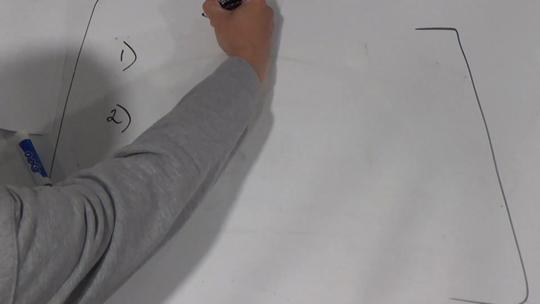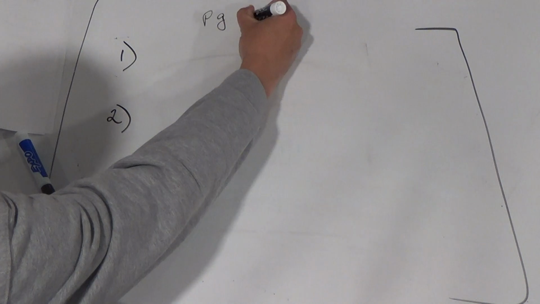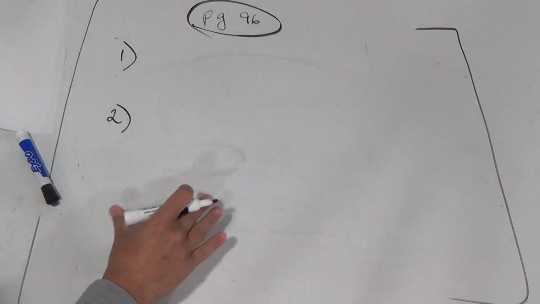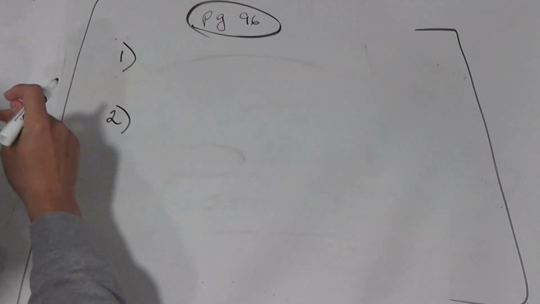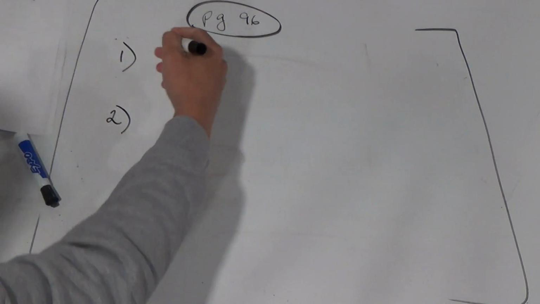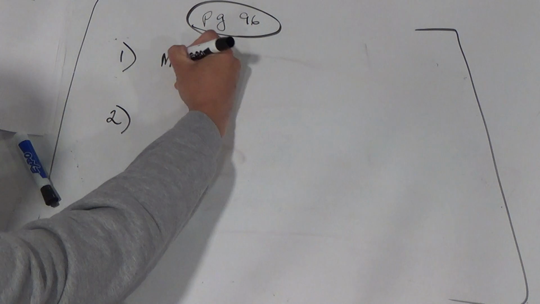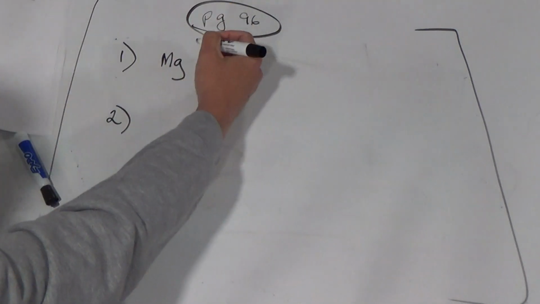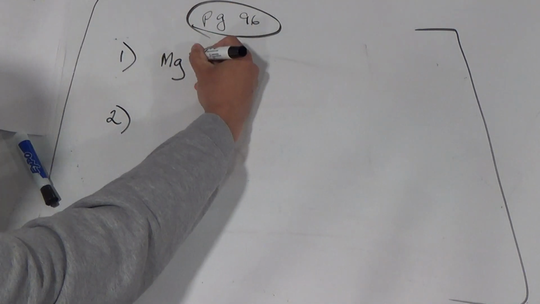Okay, so now we're on page 96, and I'm going to do a few at a time here. So on page 96, we're going to look at number 1. It says magnesium bromide, so you should know what magnesium bromide is. So we know it's Mg2+, bromide is a -1, so it's MgBr2